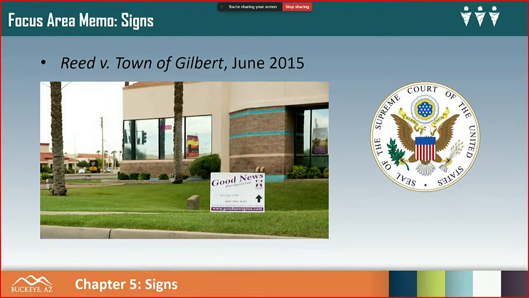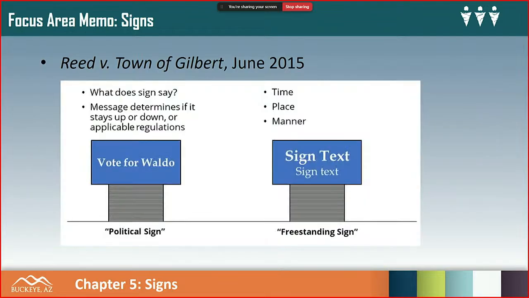If you go to the next slide, Randy, content-based. We couldn't hear him. It was determined that Gilbert's sign ordinance was what? Content-based. Okay. Roger, if you can speak up just a little bit more, I know it's probably difficult with how our audio works. That's no problem. Is that a little better? I've moved the microphone right up to my chin.